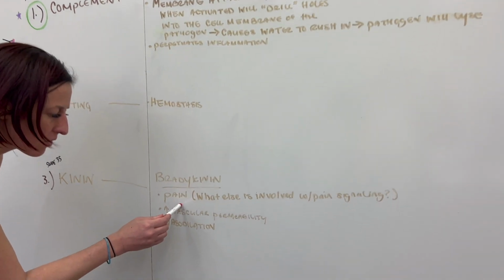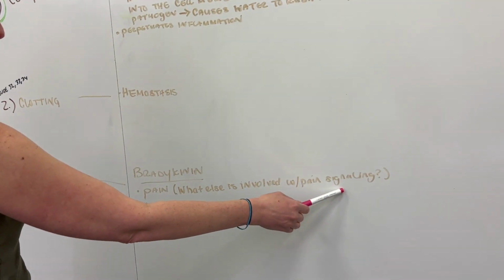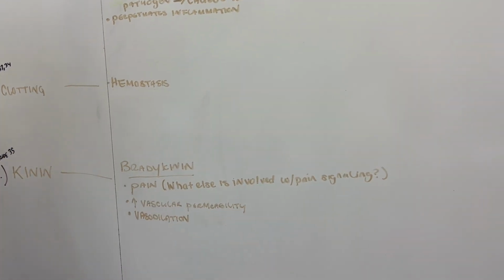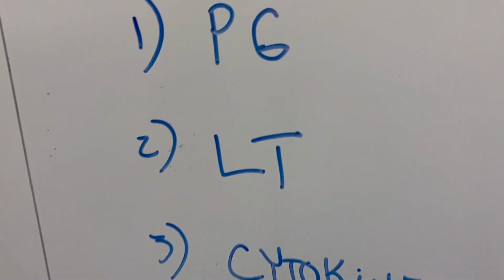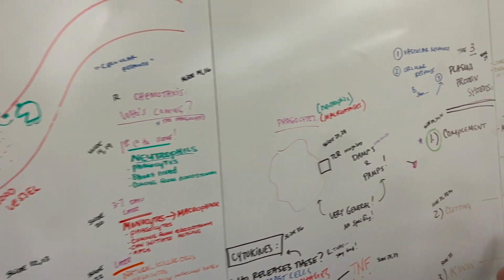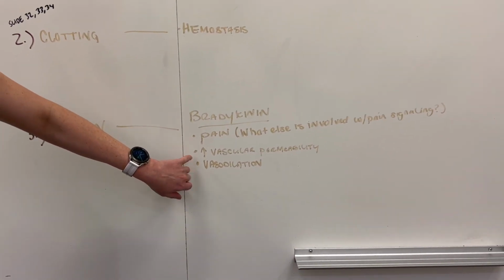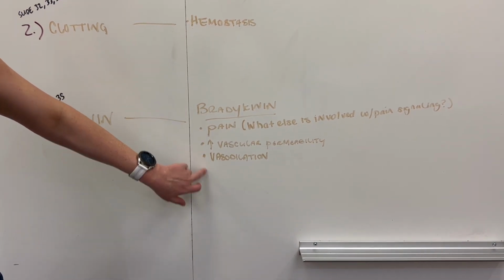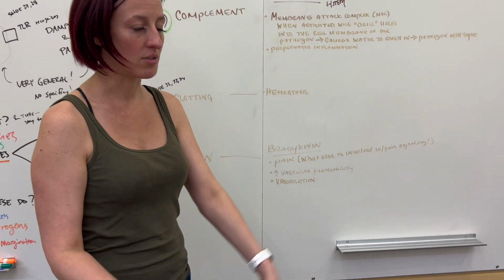There is something else though that also is involved with pain signaling. Do you remember what it is? At the very beginning we talked about prostaglandin that was released by the mast cell. So prostaglandin also is involved in pain signaling. And then bradykinin also will increase capillary permeability and cause vasodilation, which we see in multiple places. So that way, obviously, it will continue to carry the response forward. Okay, so that's the end of